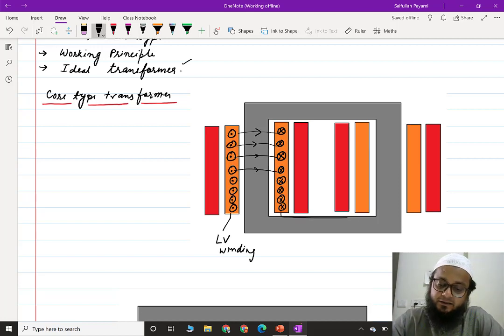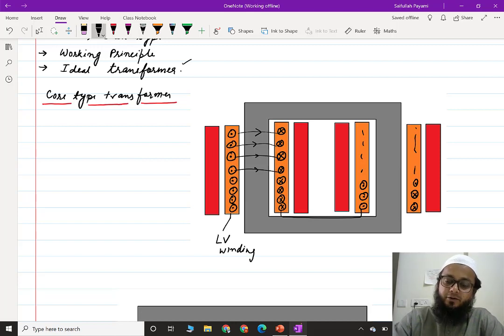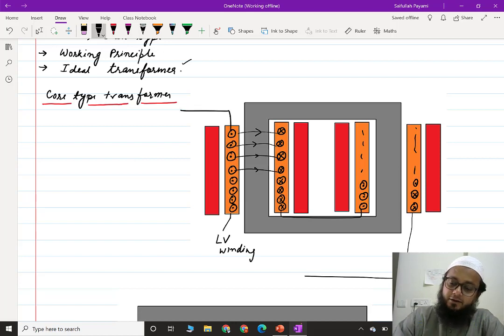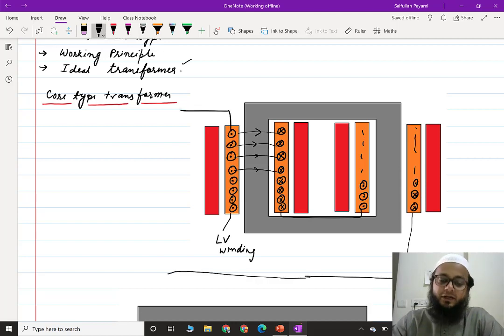And this is further connected here to the other winding. So half of the low voltage winding is here and half of the low voltage winding is here. It's a dot, cross, dot, cross, and this is the entire winding. Then you would have two terminals of it. That's the finishing end of it. So you started here and you finish it here. So this is a low voltage winding.